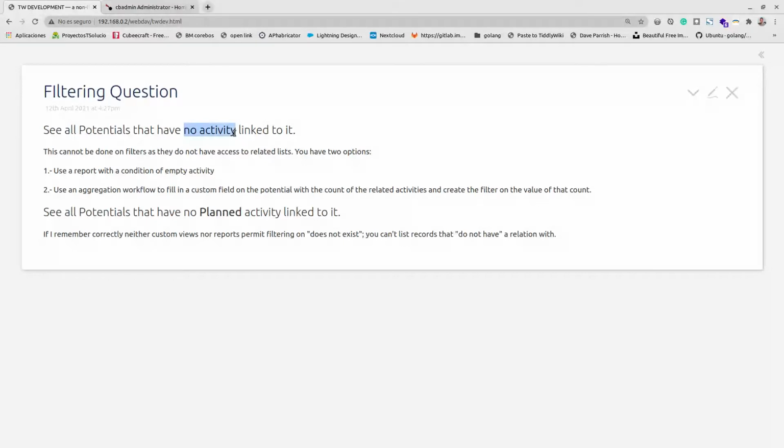Corvus doesn't have a filtering system for this "no activity, that doesn't exist" kind of thing. You can't do that. So that's where the problem comes. We have two solutions, as I wrote right here, and one is to do a report with conditions of empty activity. This can be done. Filtering we can't, but